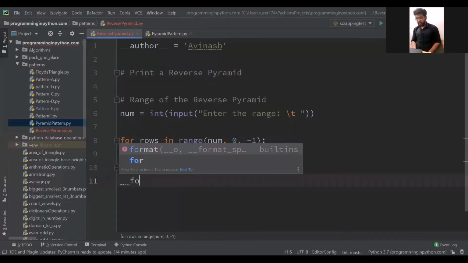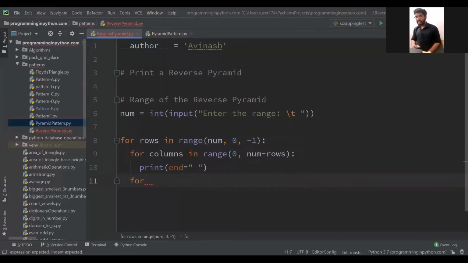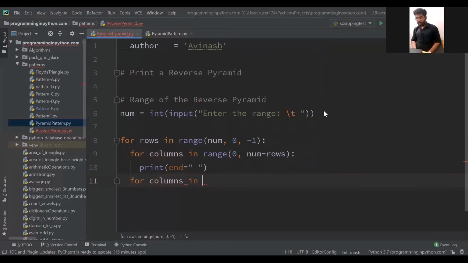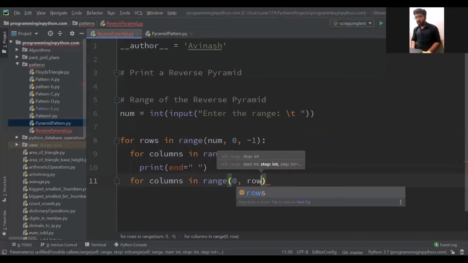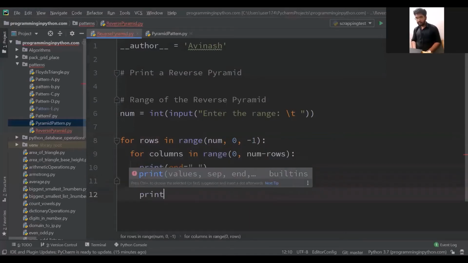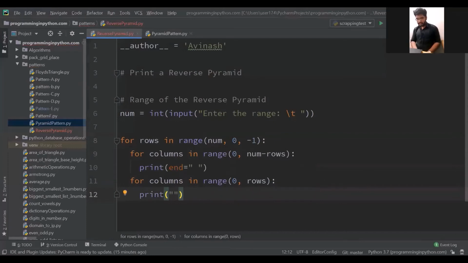Again, I'll write another for loop for printing stars. For columns in range, simply from 0 to rows. Here I'll print a star, and also print end as space.